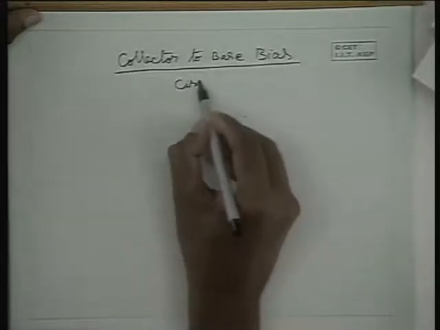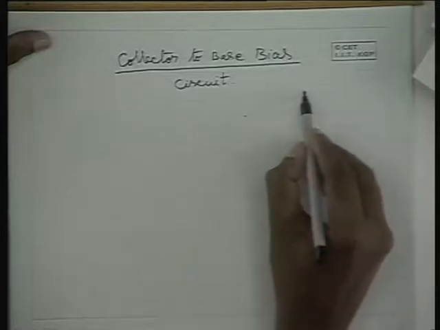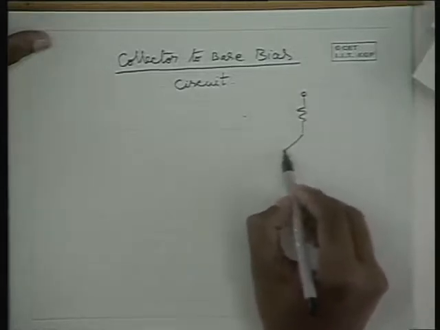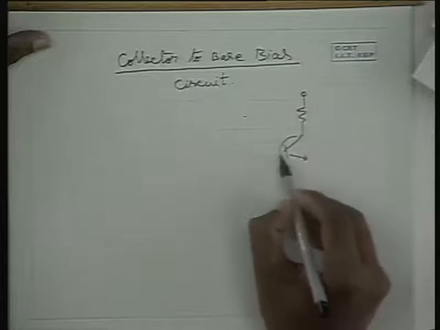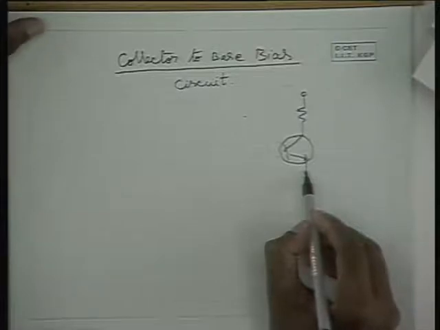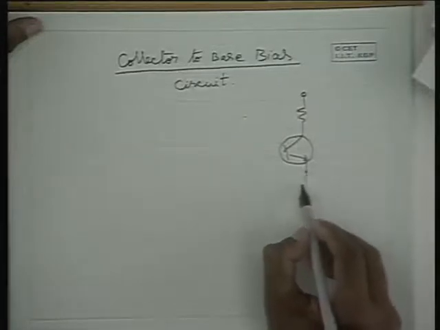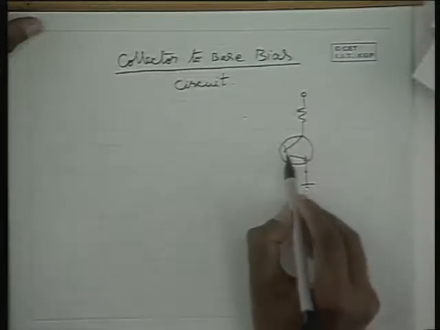And this circuit uses the same output side circuit. So it also uses, at times it uses an emitter resistance, and at times it doesn't use an emitter resistance. Let us now take a case where it has no emitter resistance, and